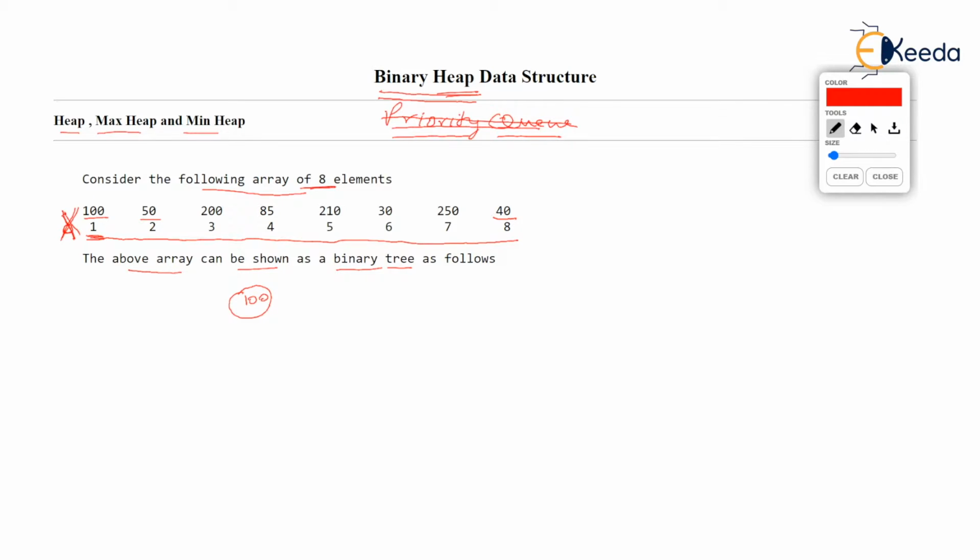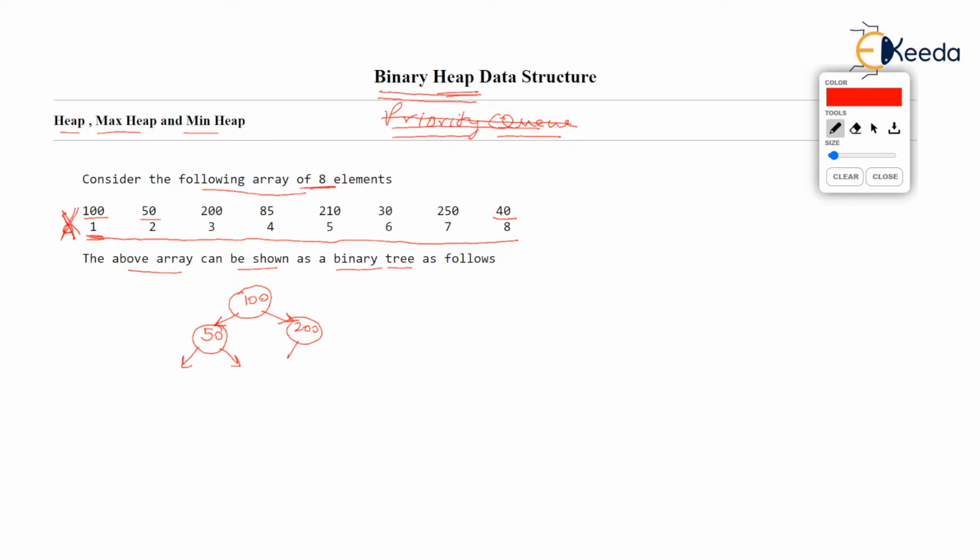Now you know, as it is a binary tree, this 100 will have 2 pointers, left and right. Now let's take the next value 50. Now 50 will be added to the left of 100 and 50 will also have 2 pointers, left and right. Every node will have 2 pointers, correct? Now 200 will be added to the right of 100.